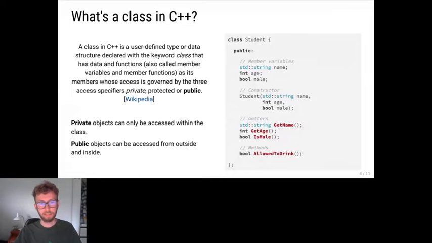And we will define this allowed to drink function, which determines if you are allowed to drink, or your student which you created. Okay. So what's nice about classes is that you can bundle data and code together. So this is the most single awesome thing here,